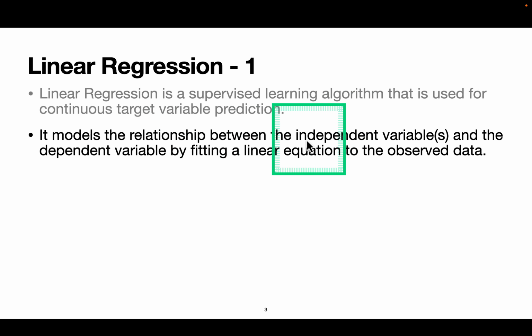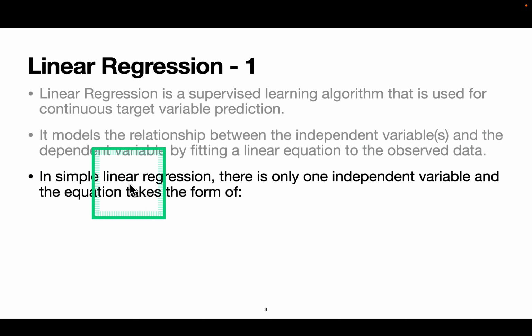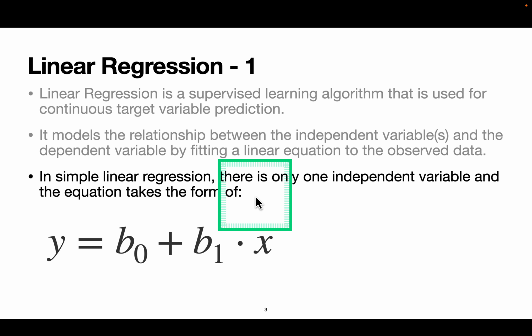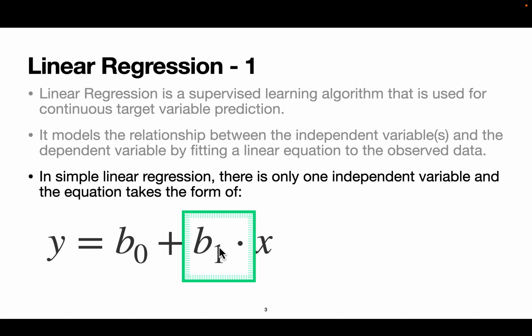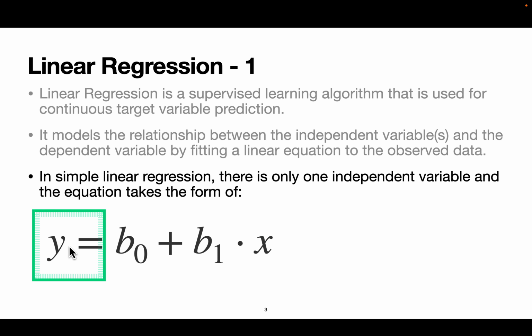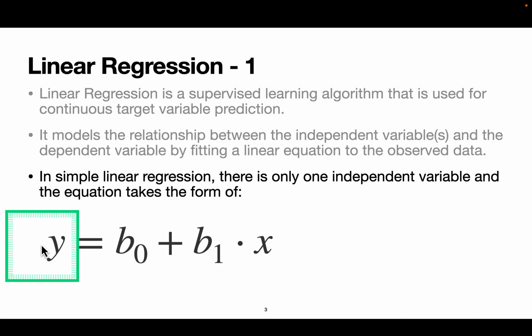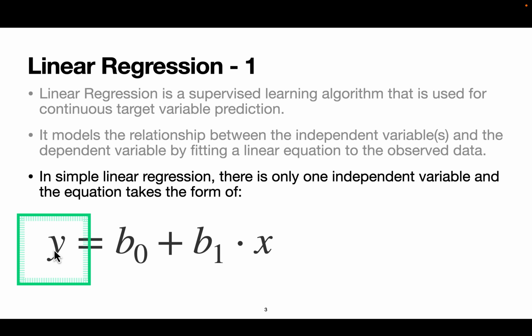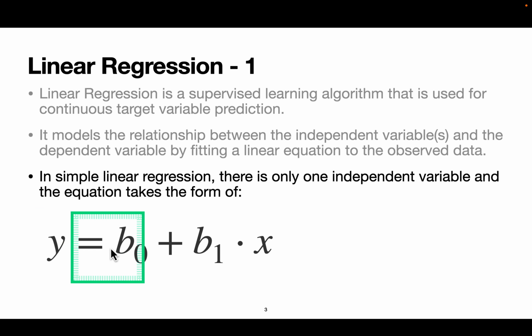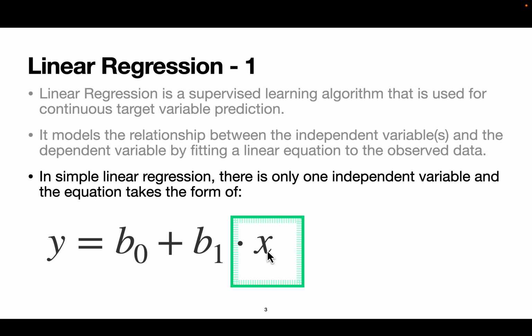It models a relationship between the independent variables and the dependent variable by fitting a linear equation to the observed data. In simple linear regression, there is only one independent variable and the equation takes the form of: this is the equation for when we have only one feature. For example, y is what we are trying to predict, the target, for example, house price. We call this the dependent variable, y, and it depends on a constant, b0, called the intercept, plus